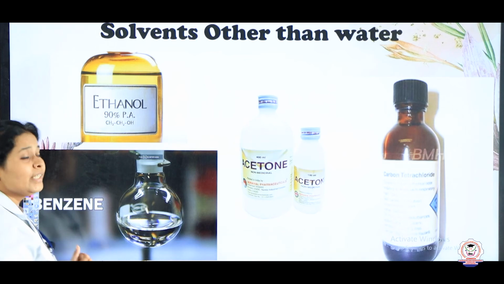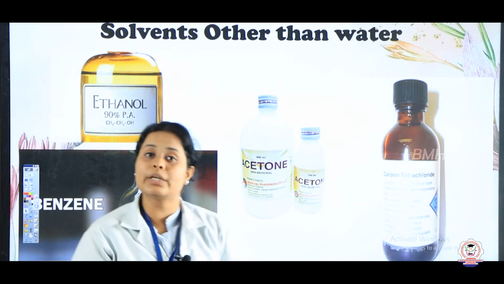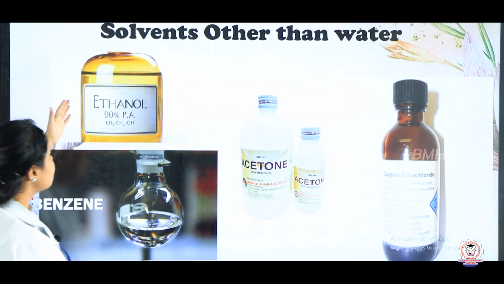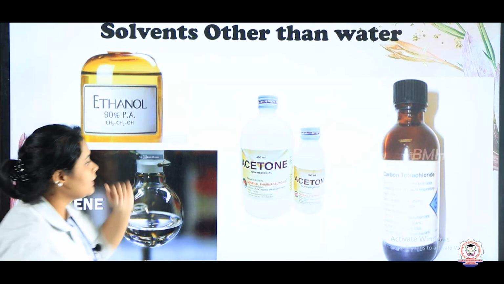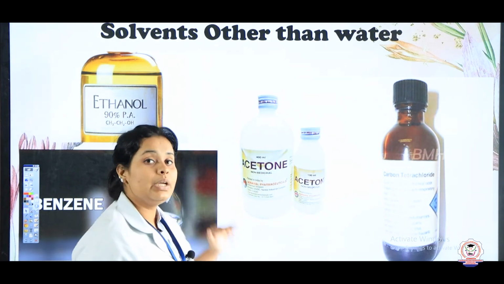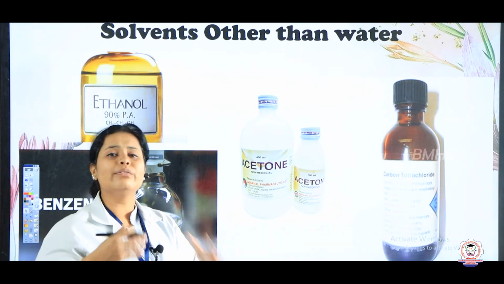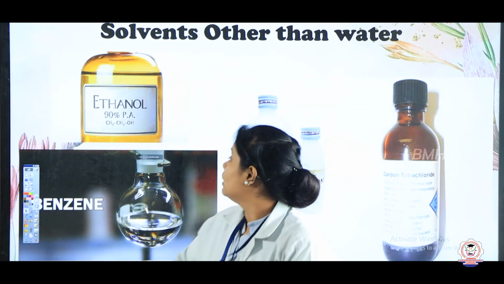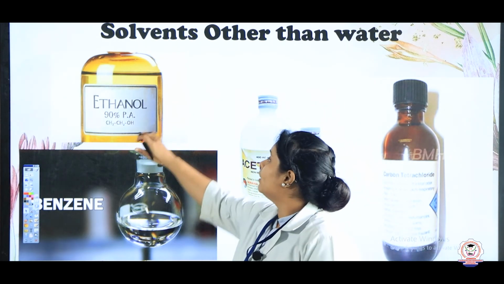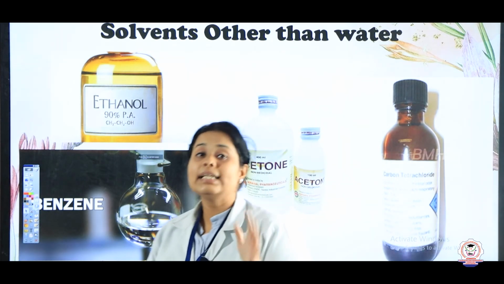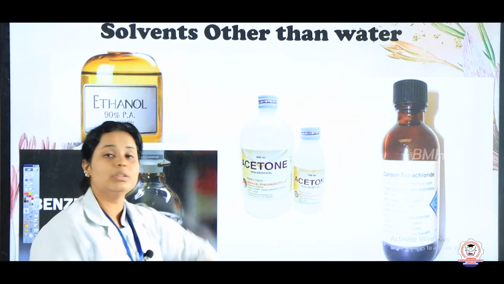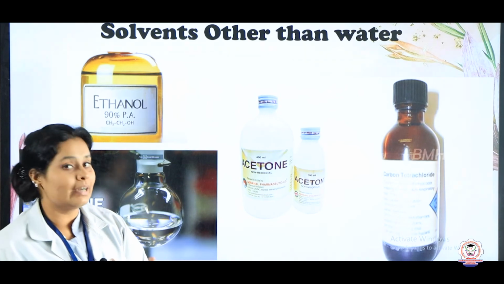Later on, how many solvents can you use? There are various types of solvents other than water. Examples are ethanol, benzene, acetone and carbon tetrachloride. So these are also solvents which you can use. Benzene can be used for the separation of chemicals. Ethanol can be used for the cleaning process, or even in pickles sometimes. Then acetone is used as nail polish remover, right?